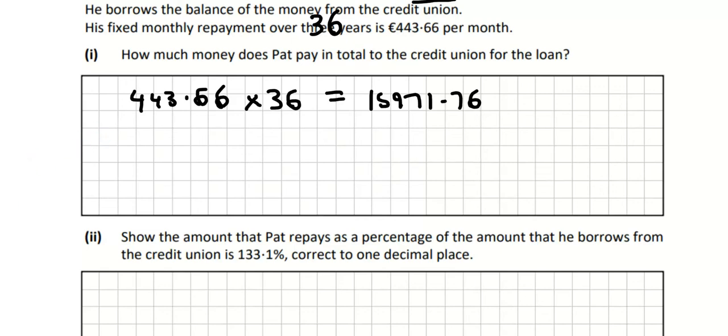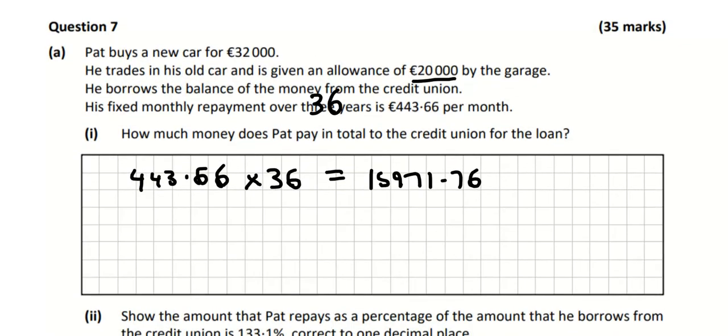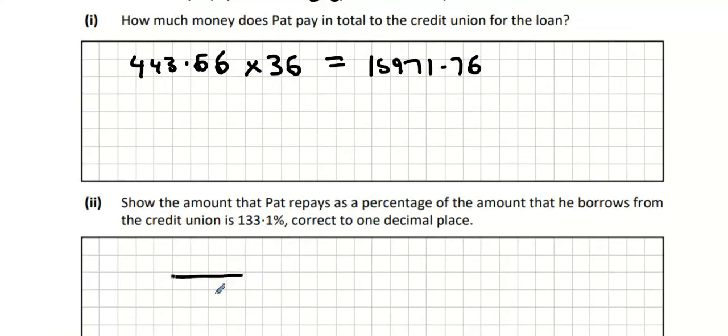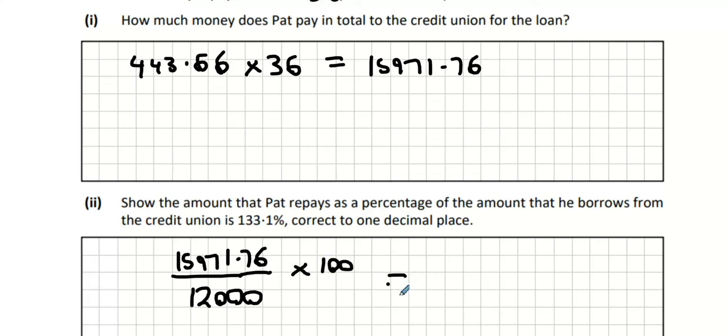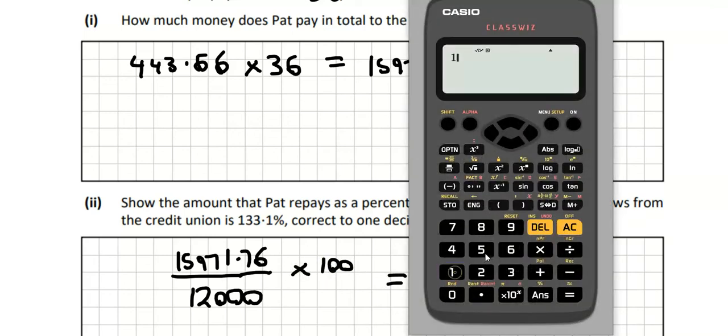So, what did he borrow from the credit union? Well, he had 20,000 from the garage, and that left him €12,000 short. So he took out a loan of 12,000. However, he did pay 15,971.76 for this loan. So if I divide the amount I had paid for the loan by the amount I actually borrowed, multiply that by 100, and we're hoping that this comes out as